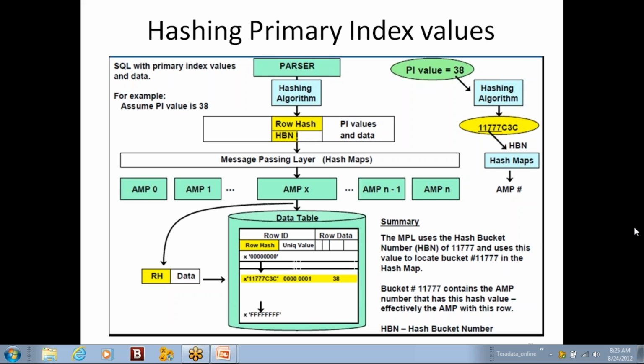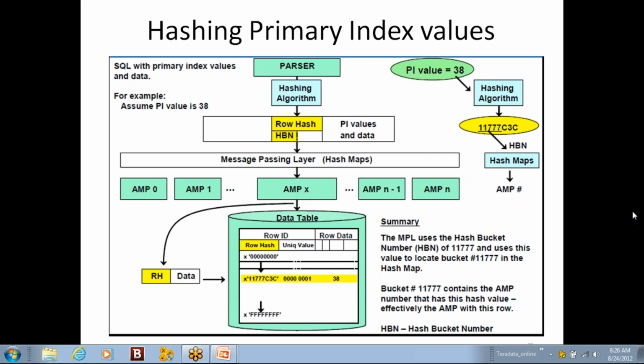Manohar, this is Pawan. I have a question on the same slide. You said the first 16 digits are meant for the row hash map. What about the other 16 digits in the 32-bit row hash? These are for future purposes. Right now, they are not using this. In future, if the number of AMPs is increased, then they may use the whole 32-bit number to determine the AMP values. Right now, they are not using it. Okay, great, thank you.